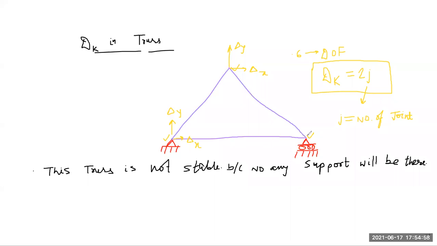Here delta y is also permitted at this joint, and at this joint delta x is available or permitted. But if you see here, then